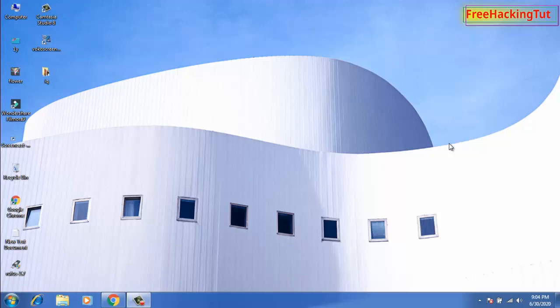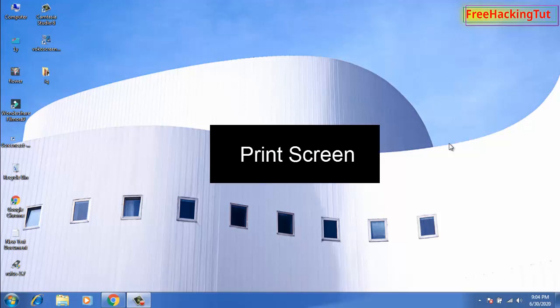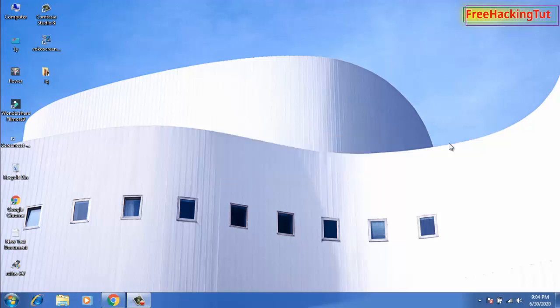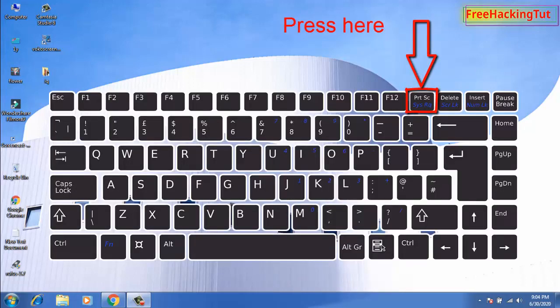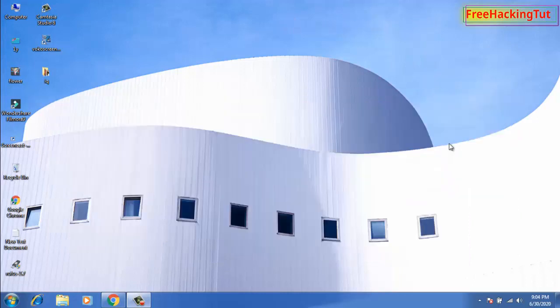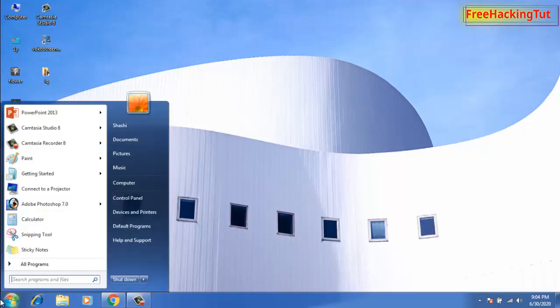So the first method I'm going to show you is by using Print Screen. You need to press Print Screen on your keyboard. You can find it at the top right corner of your keyboard. After you have pressed Print Screen on your keyboard, then open any photo editor software, or you can